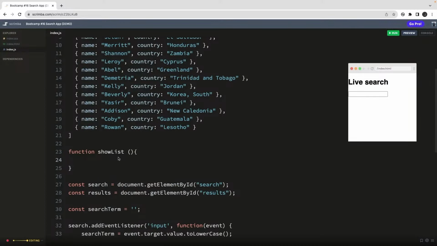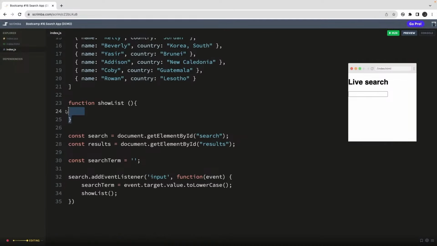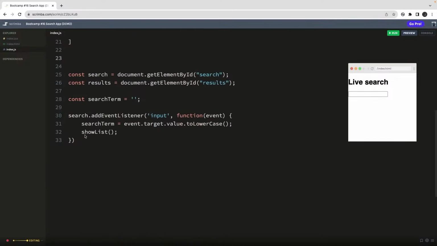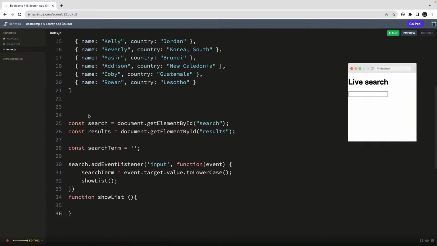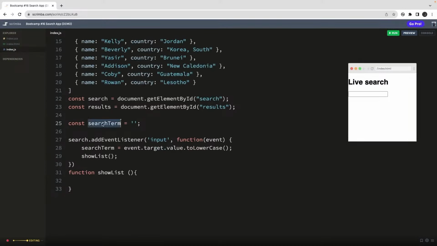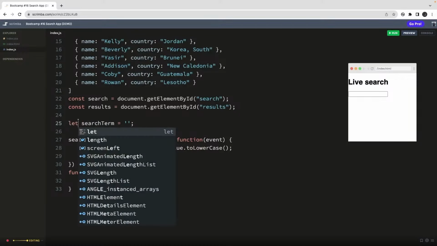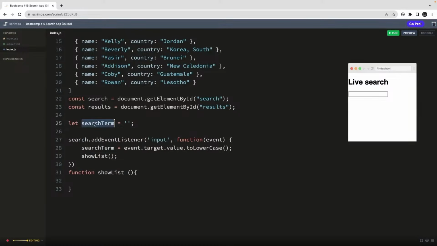So because this search term is already a global, I will try to define this function in the bottom. The search term is already a global term. Let's do a let search term, because it will change. Let is used because const means you cannot change that value. So here the search term will keep changing, and we will have the updated search term, and then we are calling